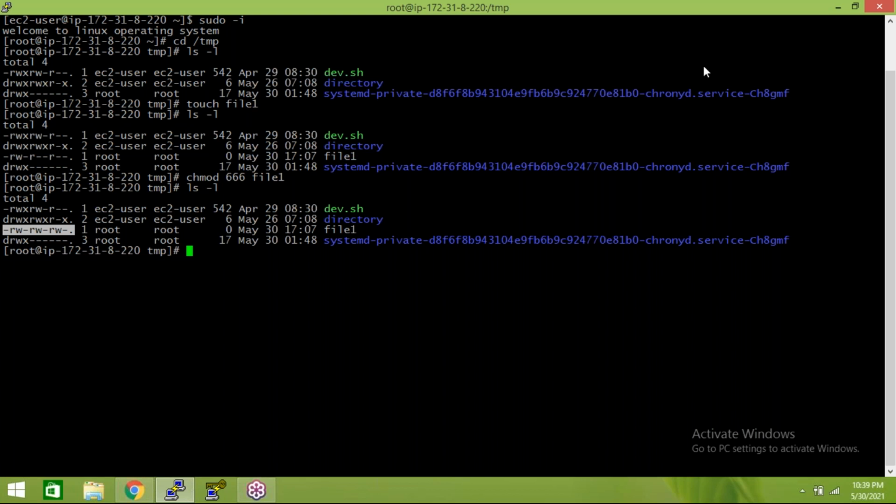Right, guys? Even we can change the ownerships also, guys. Sometimes, for example, now file1 is owned by root, created by root. You can change it to ec2-user with chown. For example, now I don't want to manage this file. Completely, I want to give it to ec2-user. chown ec2-user, the new username, guys, the new owner name, space, file name. Enter.